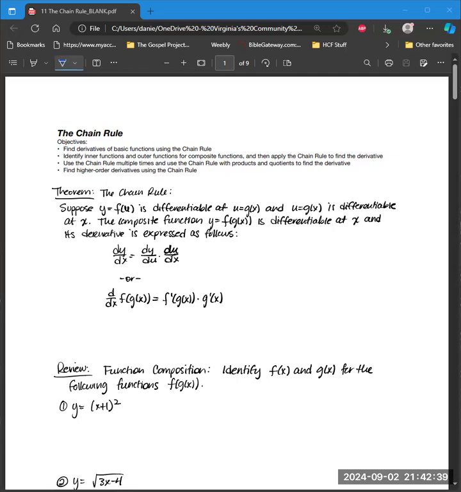Suppose that we have y equals a function of u, where u is a function of x that we're going to call g of x and is differentiable at u equals g of x. And u equals g of x is differentiable at x. The composite function y equals f of g of x, or y equals f of u, is differentiable at x, and its derivative is expressed as follows with the chain rule, that dy dx is equal to dy du times, and then normally we would say du dx here because u is equal to g of x,